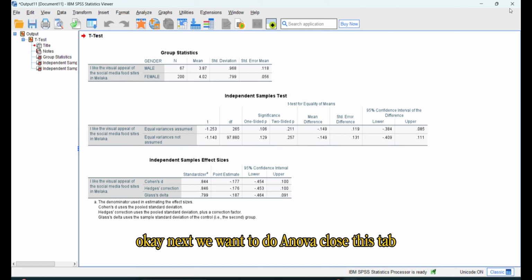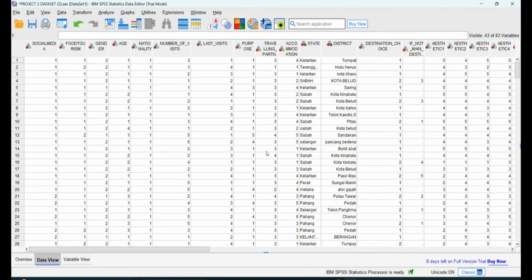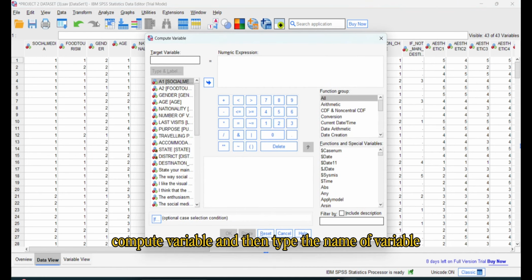Okay, next we want to do ANOVA. Close this tab. First, I want to compute the variable. So I click transform, compute variable, and then type the name of the variable. For example,